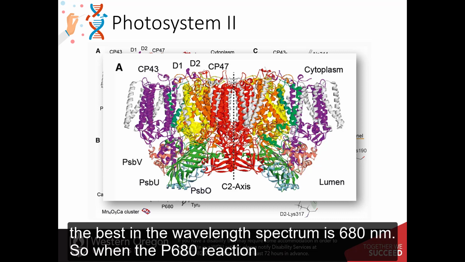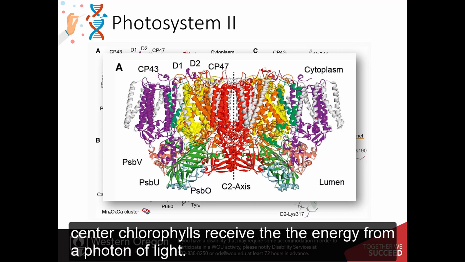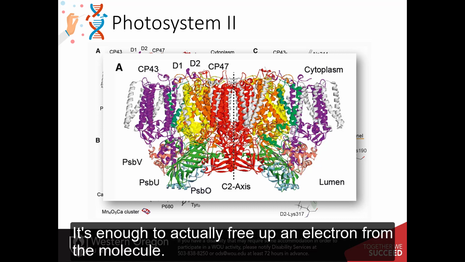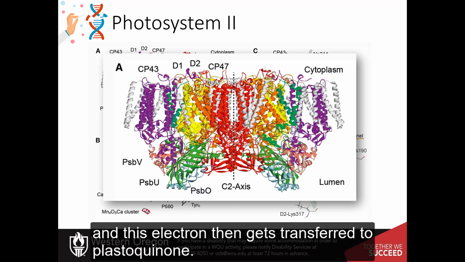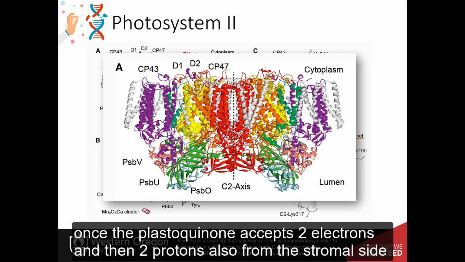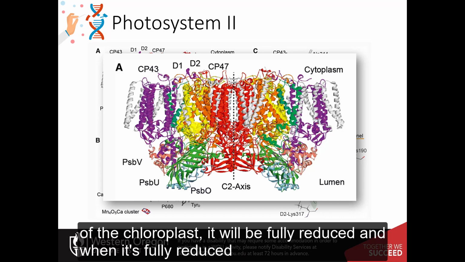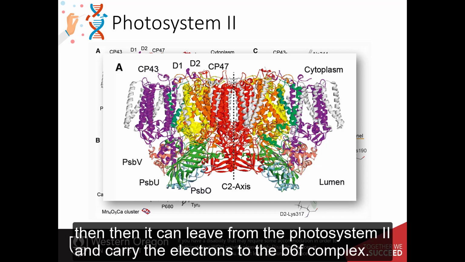So when the P680 reaction center chlorophylls receive the energy from a photon of light, it's enough to actually free up an electron from that molecule. And this electron then gets transferred to plastoquinone. Once the plastoquinone accepts two electrons and then two protons also from the stromal side of the chloroplast, it will be fully reduced. And when it's fully reduced, then it can leave from the photosystem 2